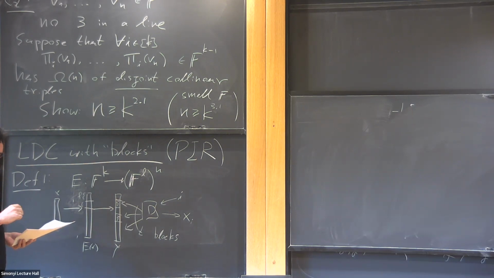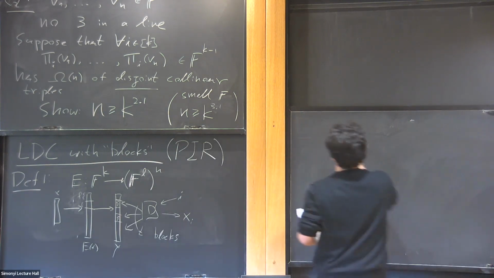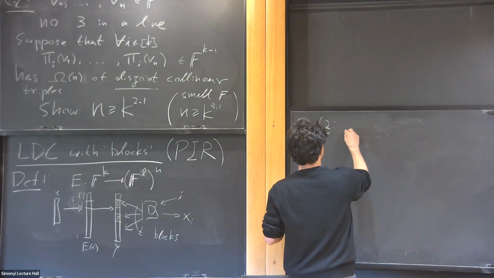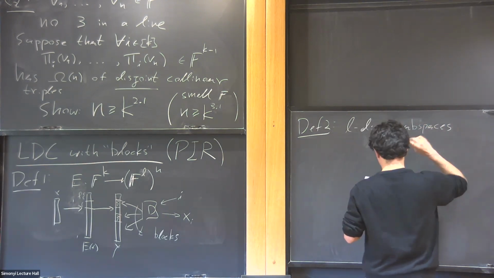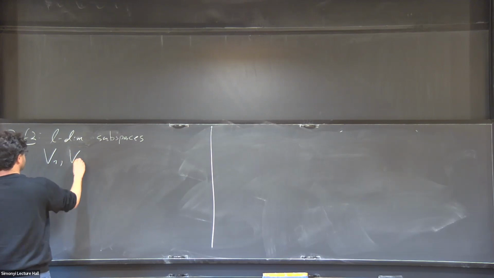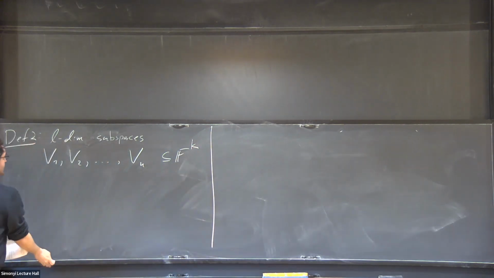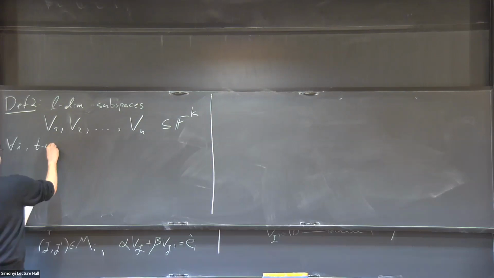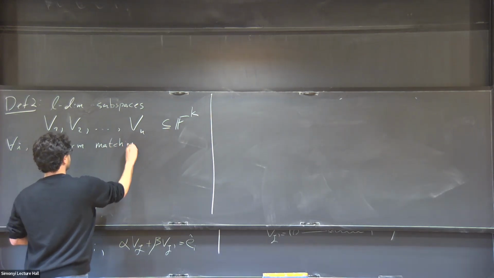And in the second definition, you get a question about arrangements of subspaces. So you have L-dimensional subspaces, let's call it now big V. And again, for every i, we have a T-uniform matching Mi